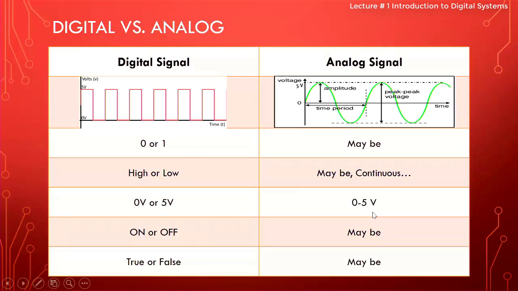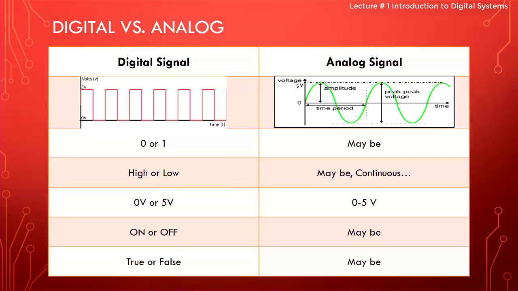Okay, all right. So digital signals, we know that they can either be 0 or 1, high or low, 0 volt or 5 volt, on or off, true or false. There is nothing in between. Analog signals are analog in nature. You see the amplitude, which is the highest positive peak, and then one complete oscillation, which is basically the positive half and the negative half wave. This one complete oscillation is referred to as the time period. And we know frequency is the reciprocal of the time period. Some basic stuff about the analog signal.